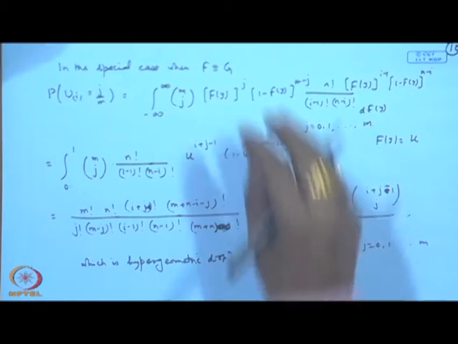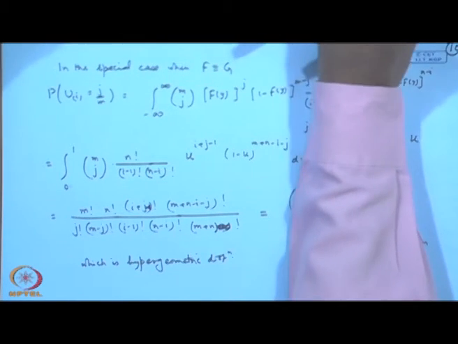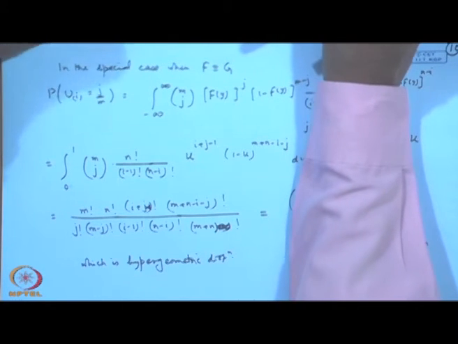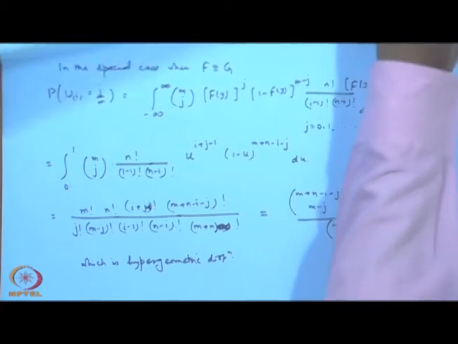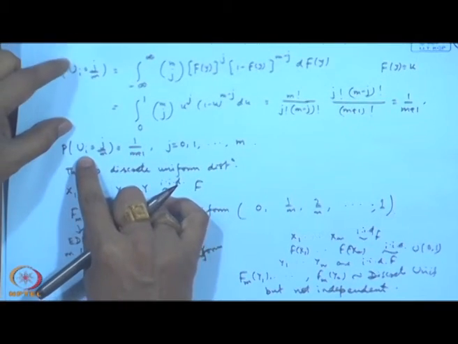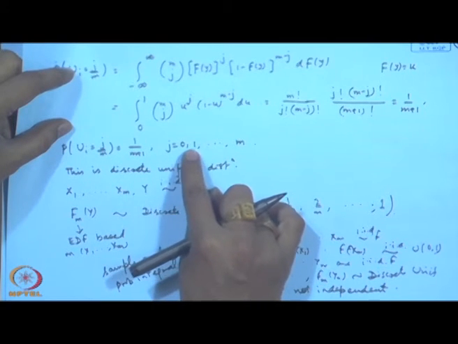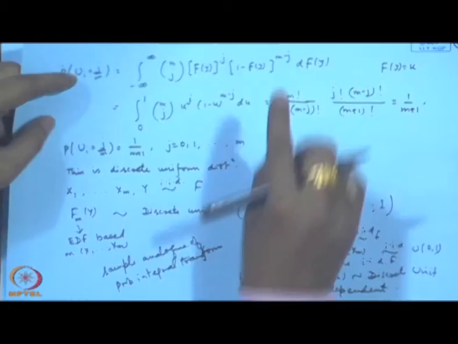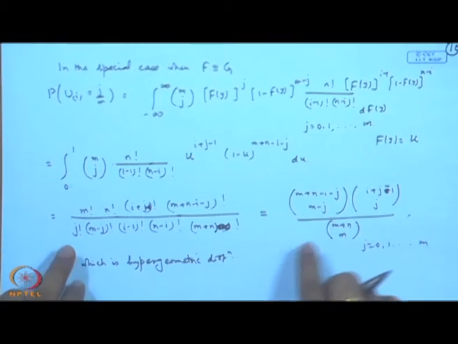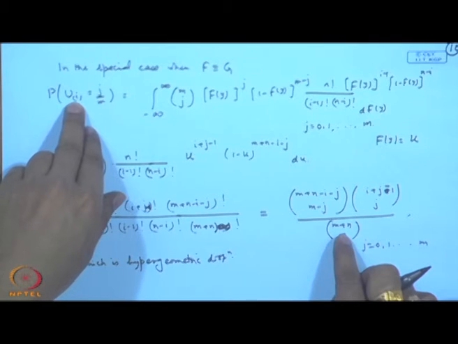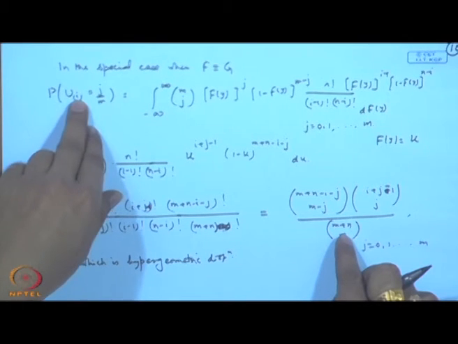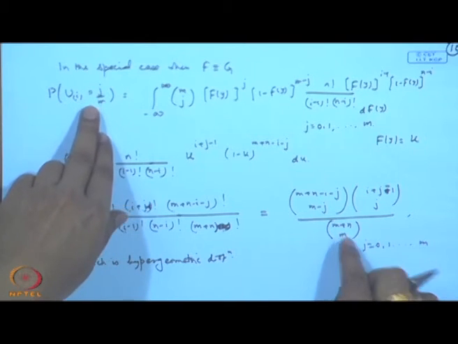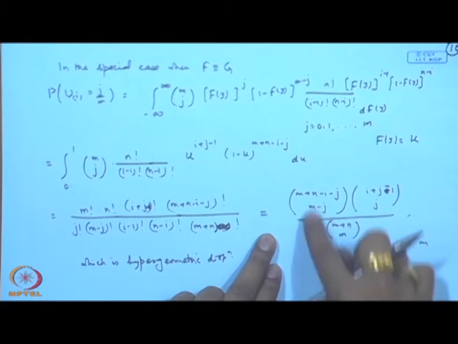So, this is quite interesting. We are able to obtain the distribution of this transform using the empirical distribution function. Let me show it again for convenience. We got the u_i as a discrete uniform distribution on the points 0, 1 to m, and the corresponding ordered one, that means the empirical distribution function transformed value of the ith order statistic, that is y_i, is coming out to be a hypergeometric distribution here.